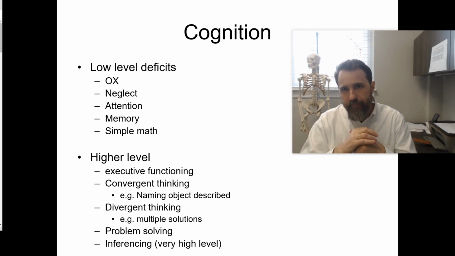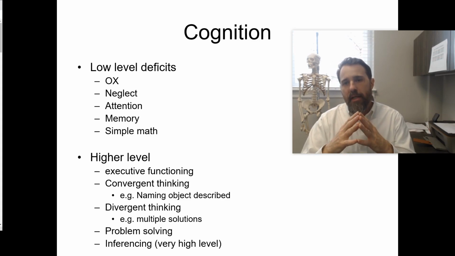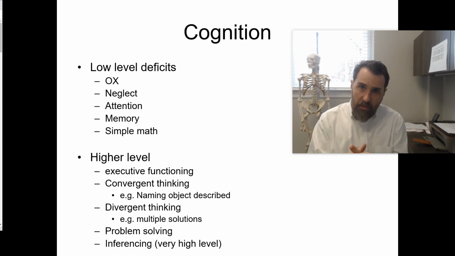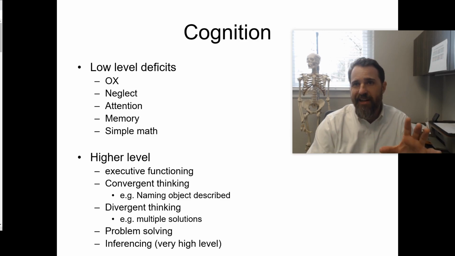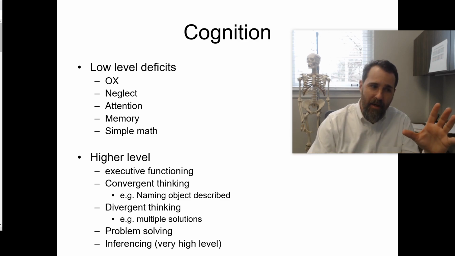Divergent thinking is being able to generate more than one solution to a problem. One of the things that you'll find in your brain damaged population